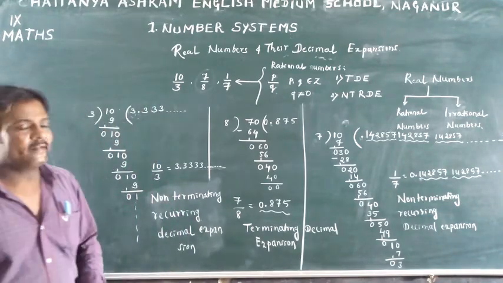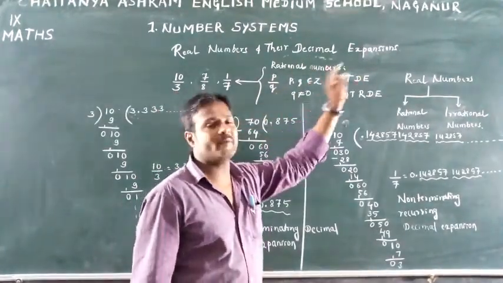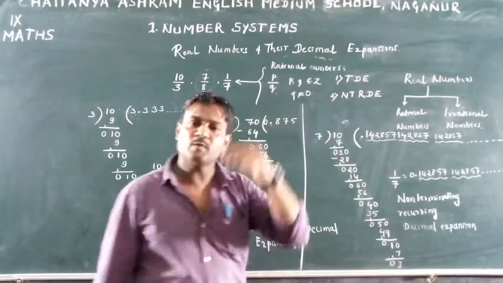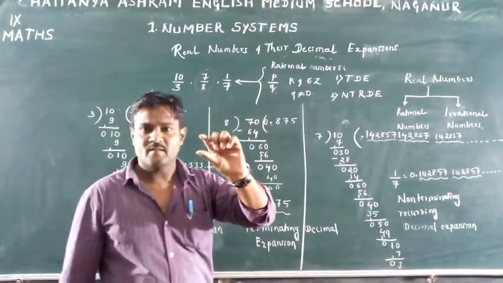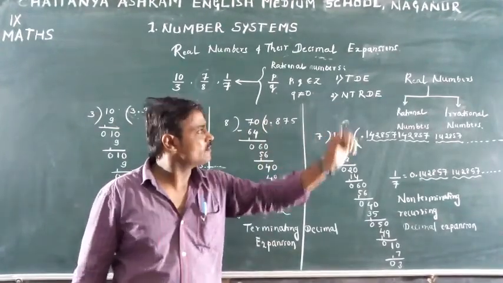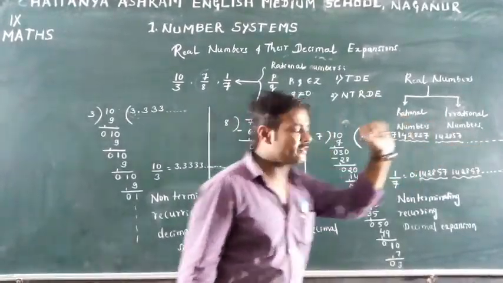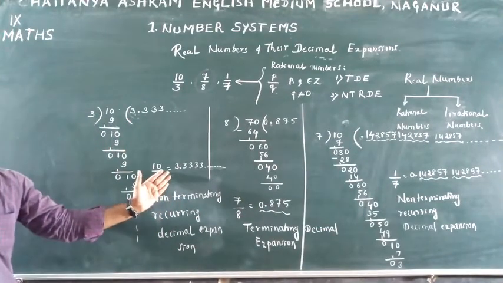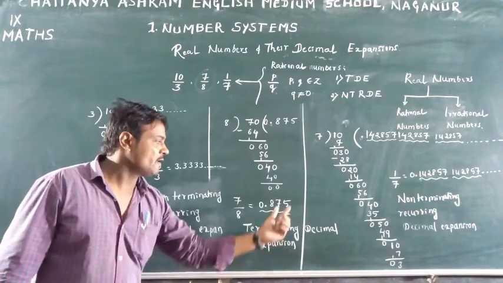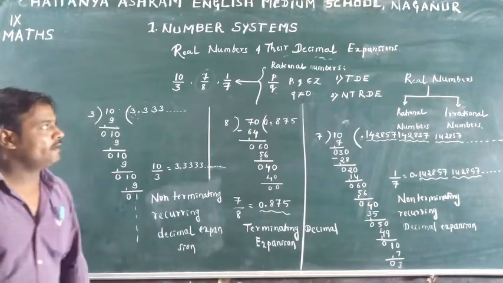Okay, the decimal expansion of rational numbers is of two kinds. One is terminating decimal expansion, division process ends. Another one is non-terminating recurring decimal expansion, division process does not end, and some of the digits start repeating themselves. Such kind of decimal expansion is non-terminating recurring decimal expansion. This is the example of non-terminating recurring decimal expansion. This is the example for terminating decimal expansion, because division process completed. Clear? Okay. One minute, dear children.